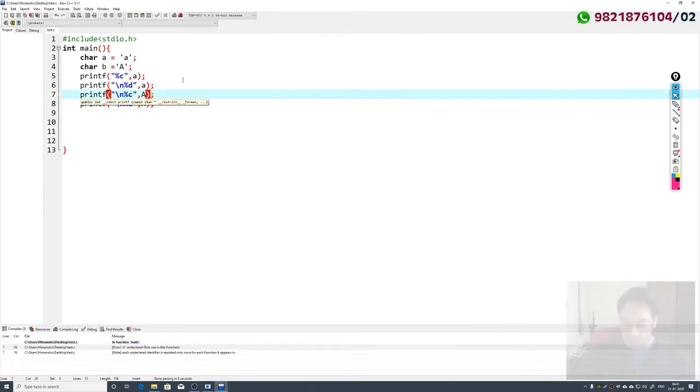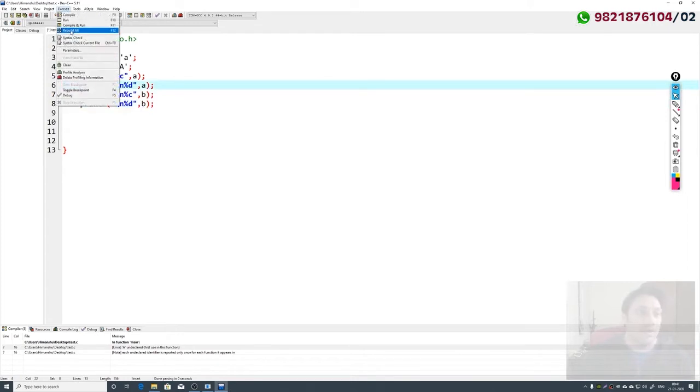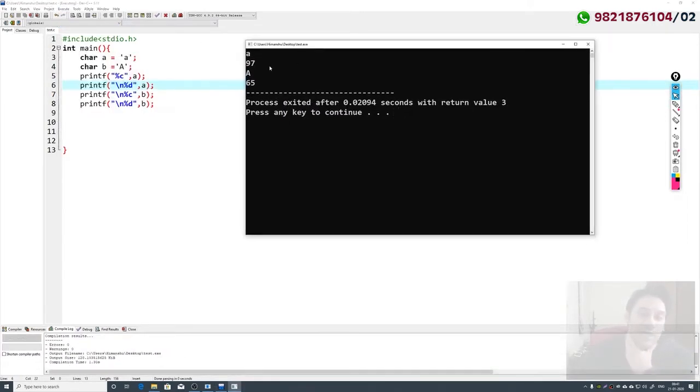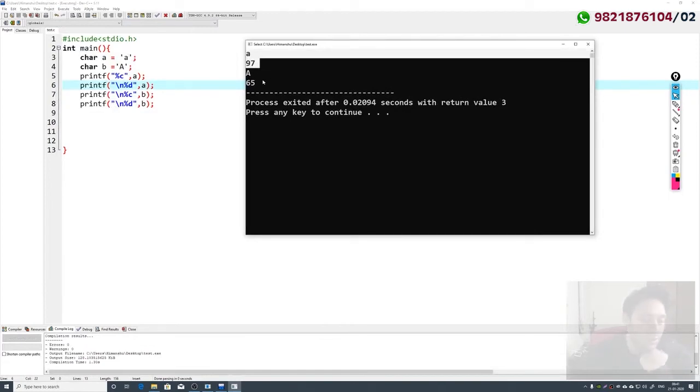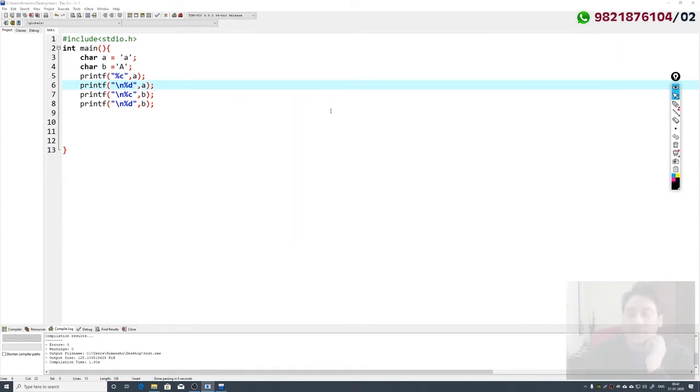Sorry, this is B, not capital A, the variable B. So execute the program. You will see for small a the value is 97, for capital A the value is 65. So for small a we have used the value 97 and for capital A we have used 65. Okay. So this is the equivalent value for capital A. So this is the ASCII value for capital A.